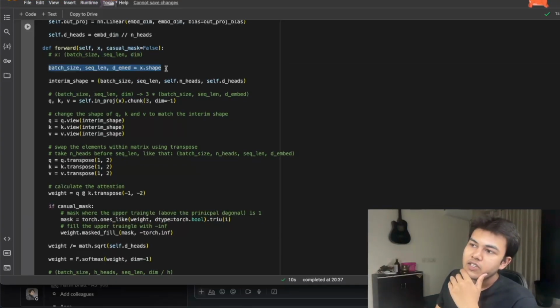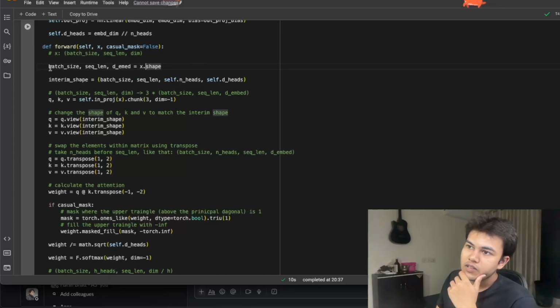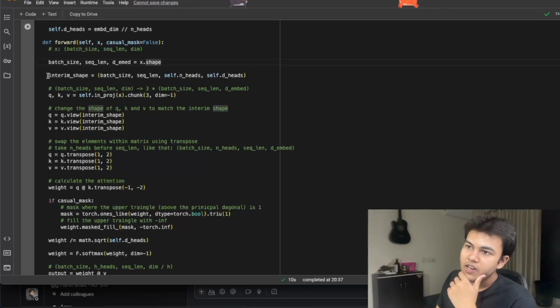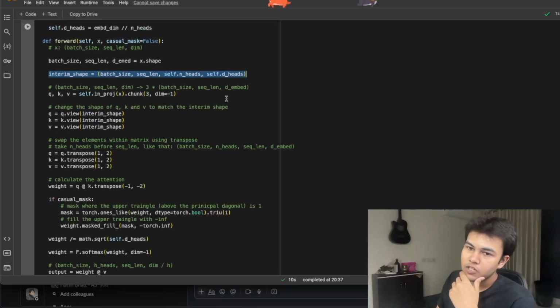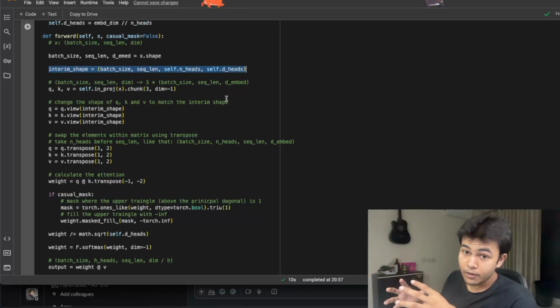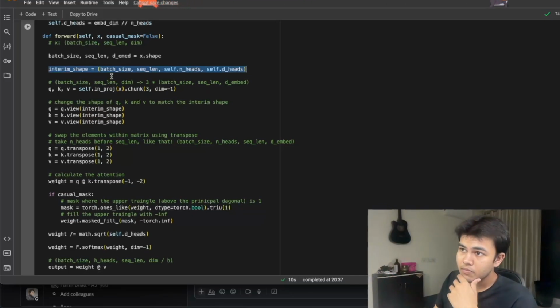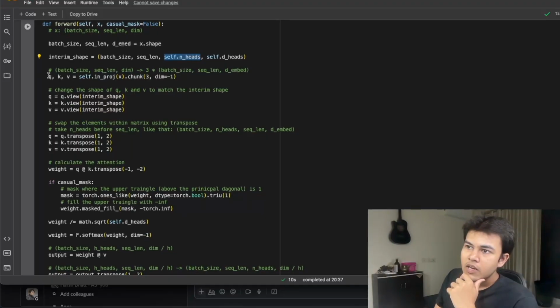So we are just extracting the shapes from this X, and then we are defining the interim shape, which is the required shape we need to calculate the attention score in parallel, which is the batch size, sequence length, and we are dividing into number of heads and the dimension of heads. And then here we are calling the in projection layer, and then we are chunking it out into 3